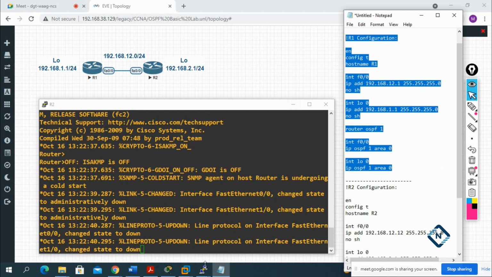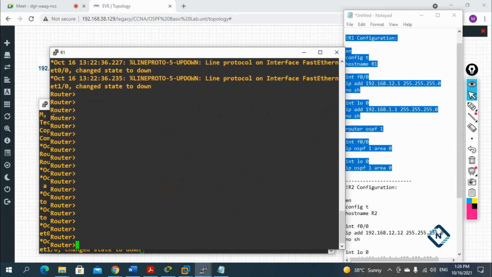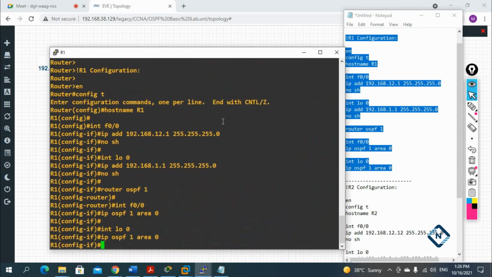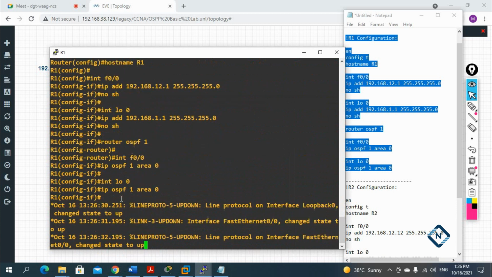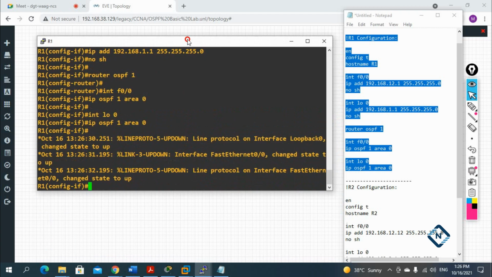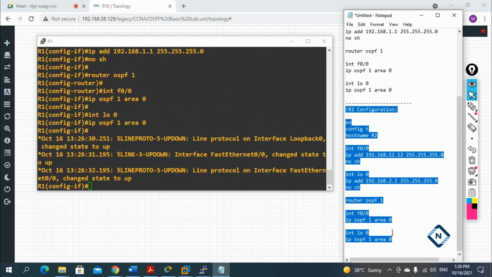and let me go to R1. This is R1, so I will press enter, and let me minimize the other one. Yeah, I will paste here. If you see, everything is good here, no dots, no error, right? Everything is working perfectly. And now I will copy the R2 configuration also here,